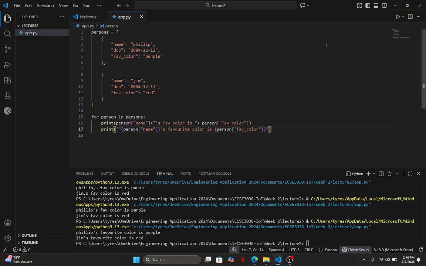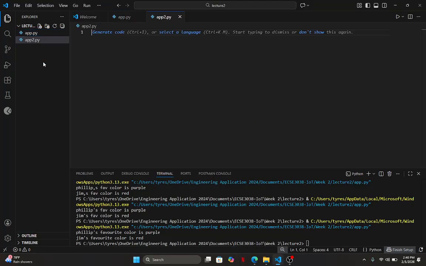Let's see, I had something that I wanted to show you guys. Oh, I kind of like this one. All right, I'm going to create a new file. I'm going to write a function that takes an array of strings. So I'm going to create an array of strings first.